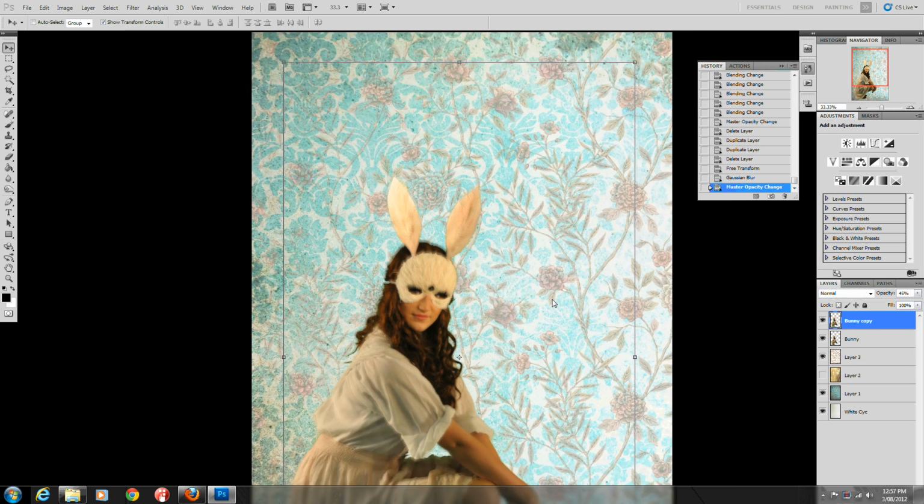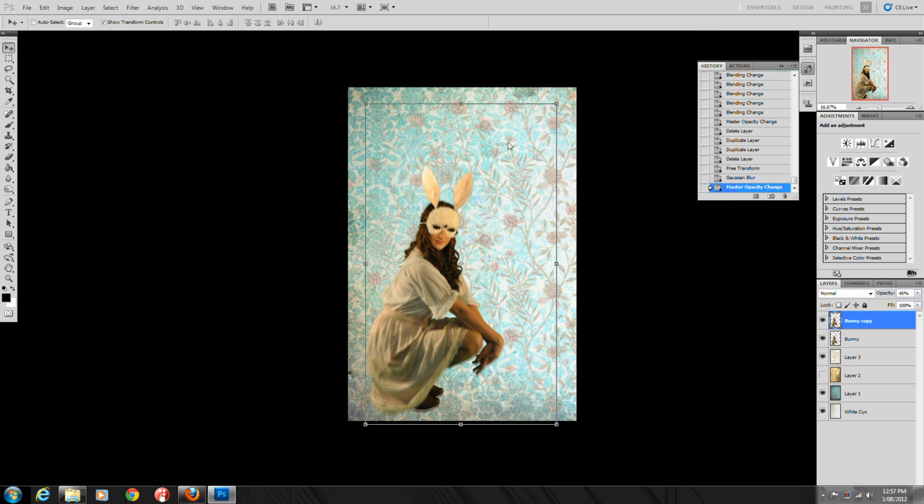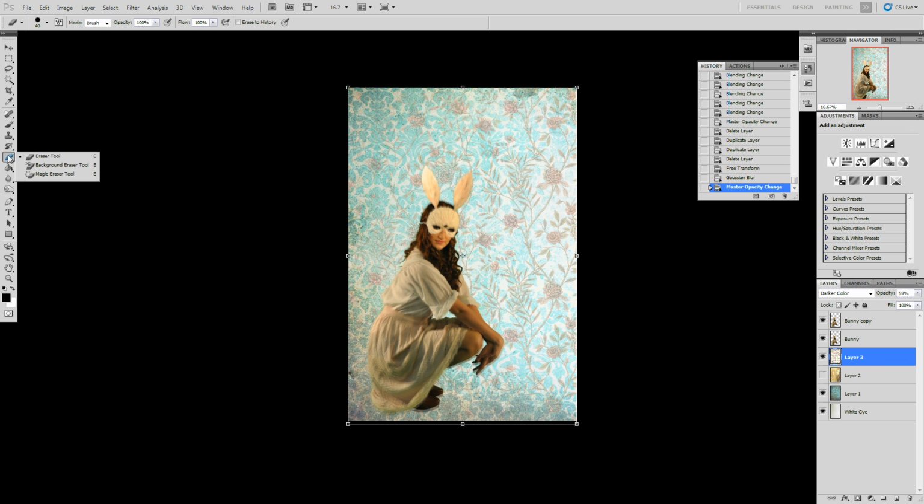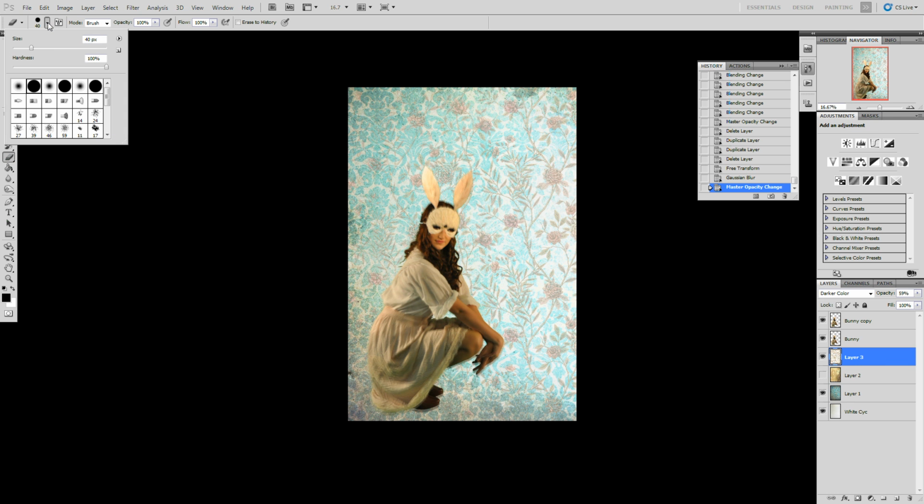I want to try one thing. I don't know if it's going to work or not. I want to maybe have this layer, when I'm turning it off, I want to vary it. So I'm going to click on it, make it active. I'm going to come across to my eraser tool. I'm going to choose a soft edged brush. Press enter,